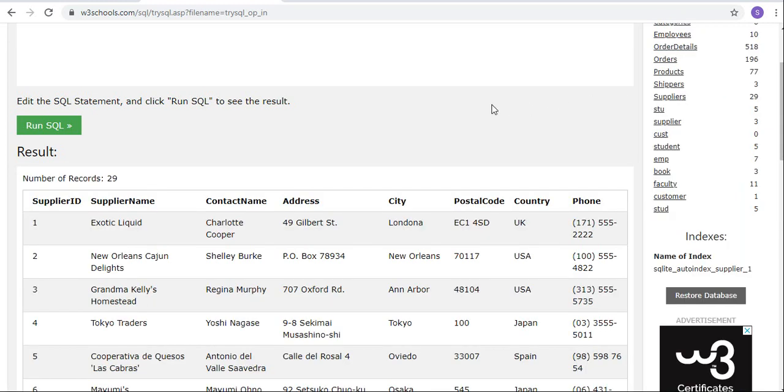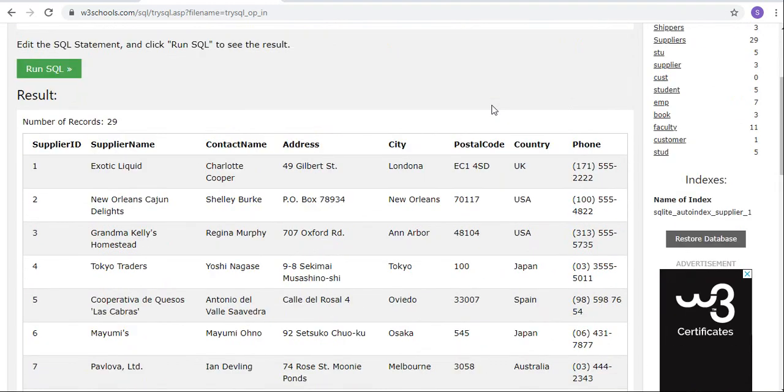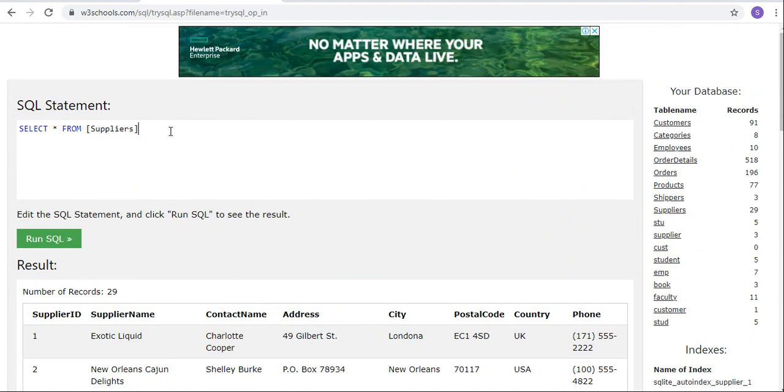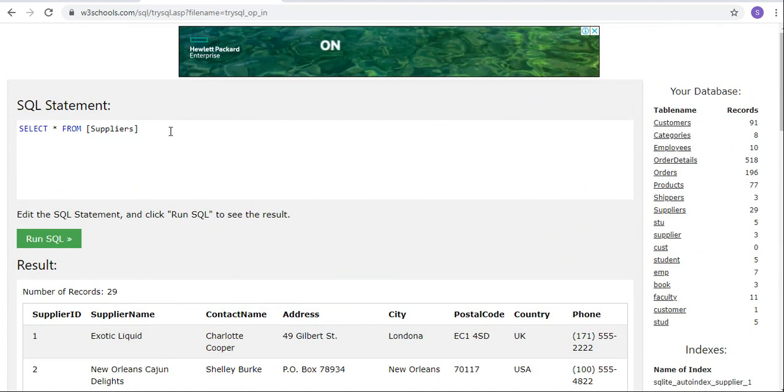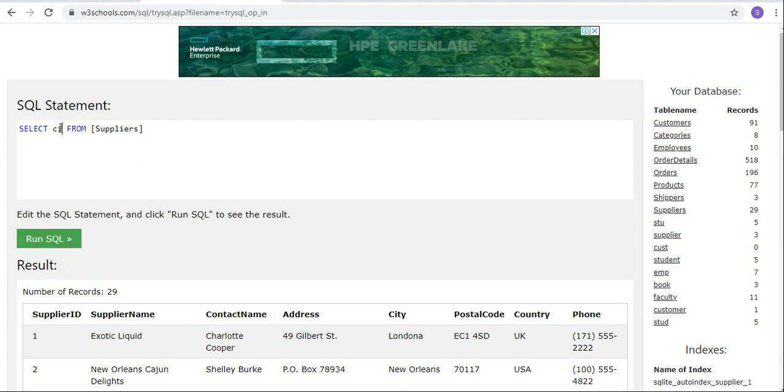Now you tell me one more. I want to display the cities which city name ends with O. Select star from suppliers, or I want only city, so I'll go with city.